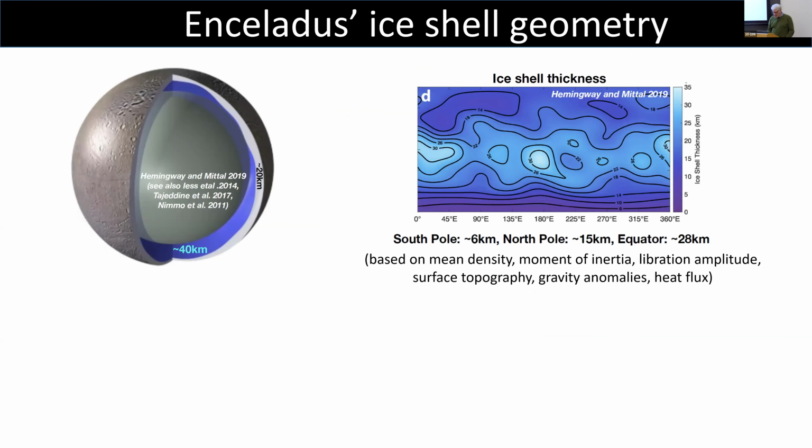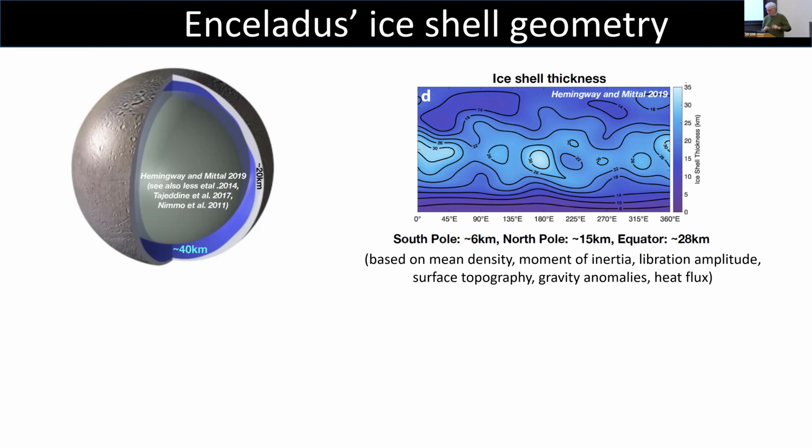we don't know, obviously. There's another thing that we have more knowledge of with regard to Enceladus, and this is work that Tushar Mittal did with Hemingway. Tushar was a postdoc working with us until recently. I'll mention Tushar again in a moment. And so from measurements of the topography of Enceladus and its gravitational field, people have surmised that the ice is actually a little bit thicker over the equator